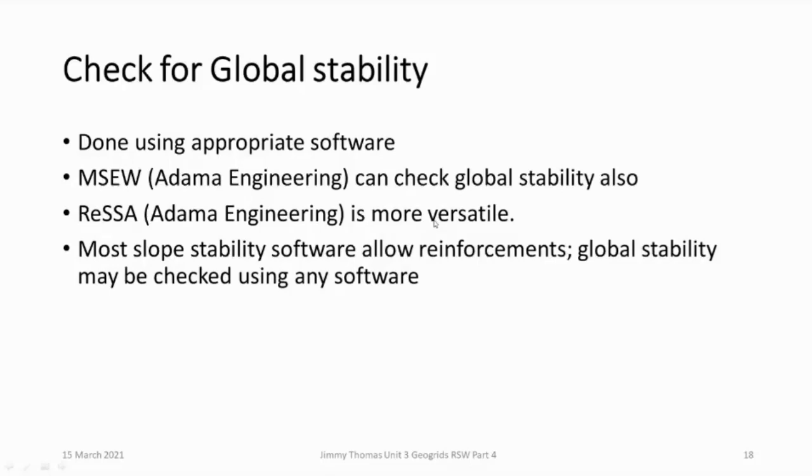We cannot put in a pore pressure parameter. The only thing we can do is put in a piezometric surface, if a groundwater table is there. For more complicated situations, it may be better to use a program like Slope/W or Slide. Another option people use: one way is to enter the actual reinforcement properties. Otherwise, we can put in equivalent parameters, some combination of C value and phi value, so that the failure surface is forced outside this. People do it that way also. So global stability, presently we are not doing, but in the actual design this is a very important check.